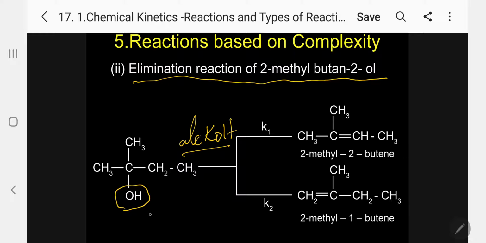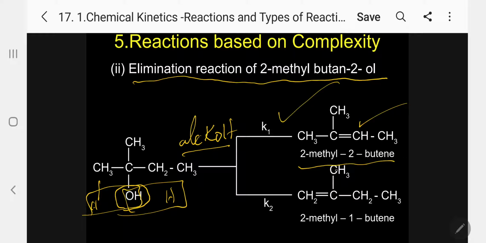So in this case, there are two different possibilities. If you take hydrogen from here, the double bond forms on this side, or if you take hydrogen from the other side, the double bond forms on that side. So kindly follow. Parallelly, two different products. Under K1, it is taking hydrogen from the carbon with the lowest hydrogen, that is CH2. So it is producing this compound. The name of the compound is 2-methyl-2-butene. The other product, if you take the hydrogen from the left hand side, is 2-methyl-1-butene. K2 is the rate constant.